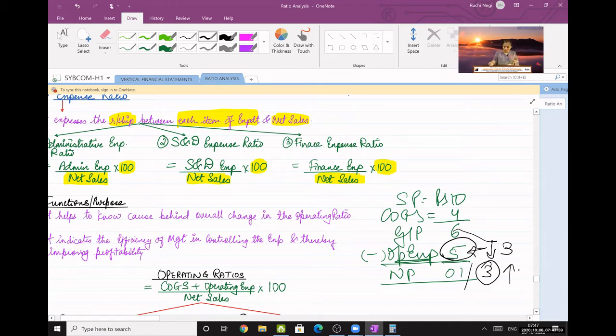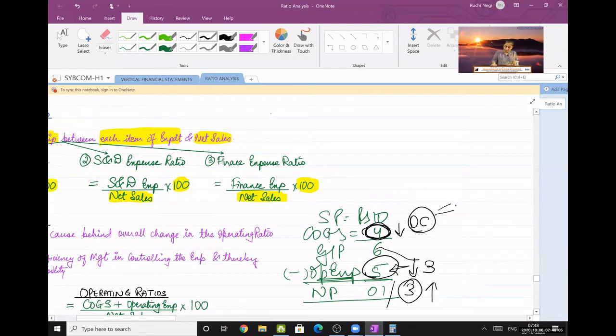How will you control your cost? Because generally what happens, this element, the 4 rupees, it is not that easy to reduce here. You have to keep a check on your direct cost, and to reduce direct cost means you can hamper your efficiency. If you're reducing your direct cost, you are hampering your efficiency. How? Direct cost means direct material, direct labor, direct expenses. So these are my prime cost. It is very very required.